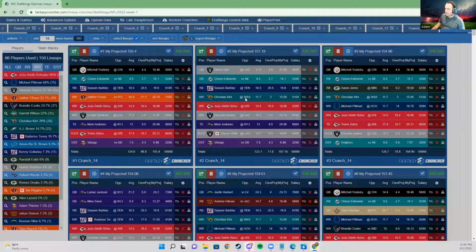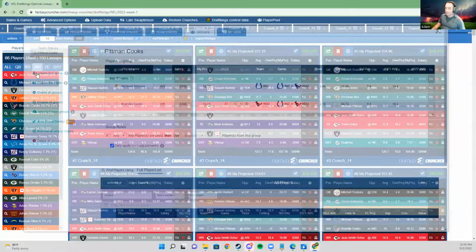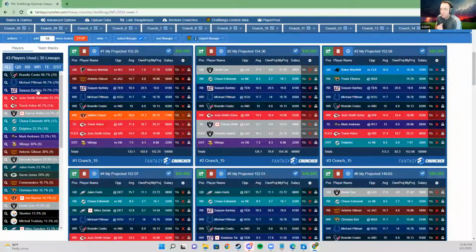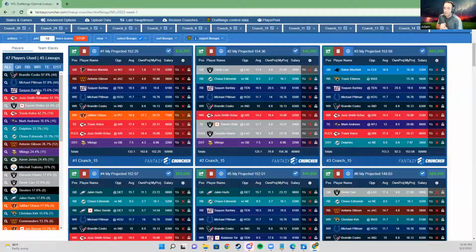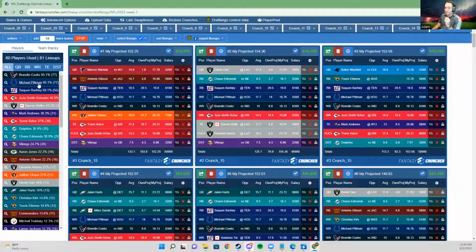I'll take this to the extreme example and put Brandon Cooks at like 50%. So now where Michael Pittman's used, up Brandon Cooks by 50%. And of course, you would expect like 100% correlation between Pittman and Cooks at that point. So every lineup that has Pittman probably has Cooks in it. But you're starting to see something very interesting here, which is